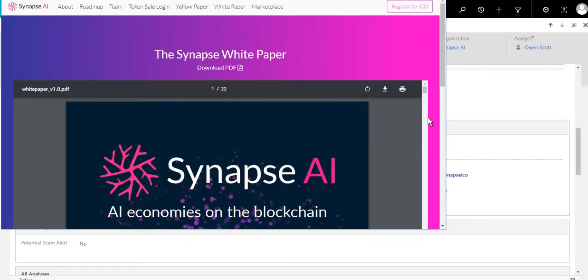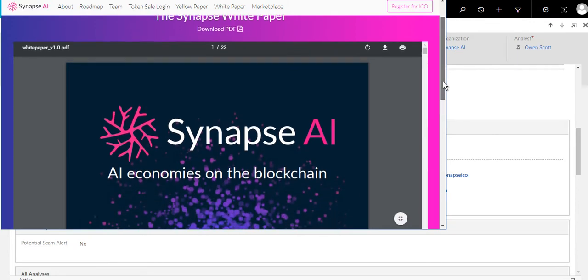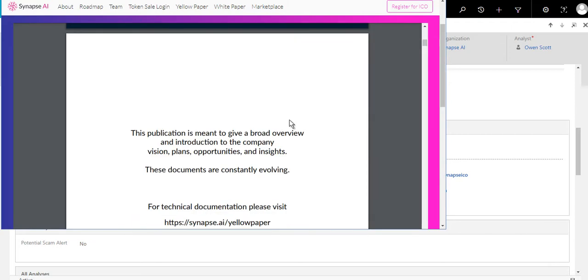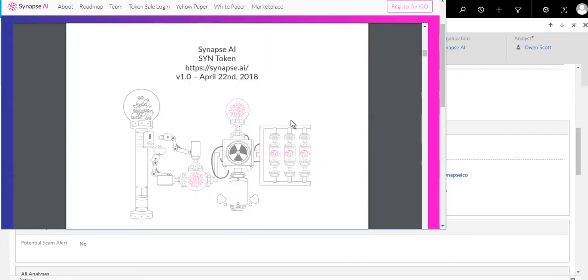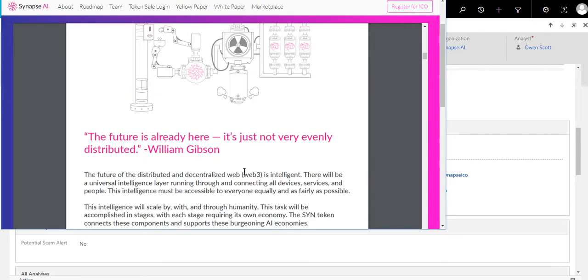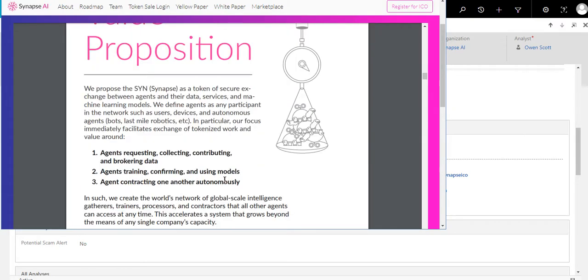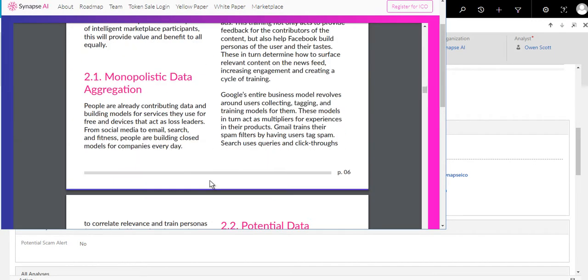And this is the initial 22-page white paper that was created first, all the way back in April. That's probably the first phase of the token sale, but after the pre-sale. And what you've got here is some pretty well written